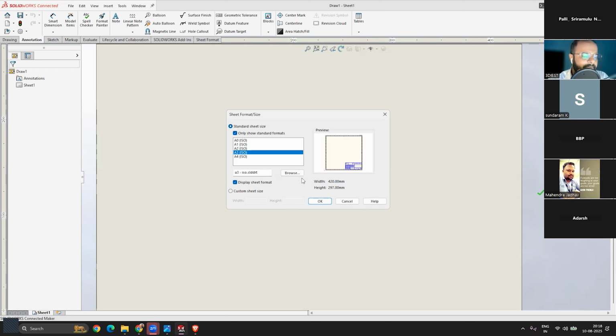And for A3 paper size, here you can see the size also. For A3 paper size, the width is 420 and the height is 297. And this is the standard size. So if you are an engineer working in drawing and design space, I always prefer that you remember the paper sizes also, because for A3, the size is 420 by 297. If you remember these sizes, it will be easy for you to plot your drawing at the right scale for your vendors, clients, or for other departments, right? So I will select the A3 over here.